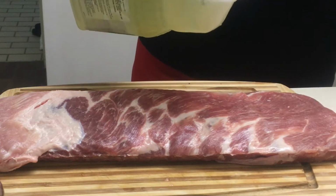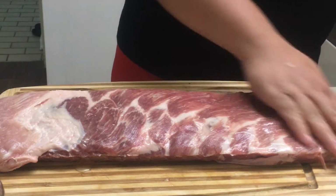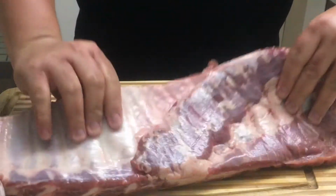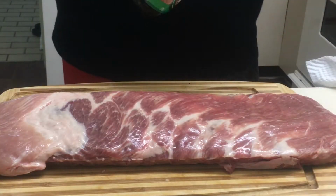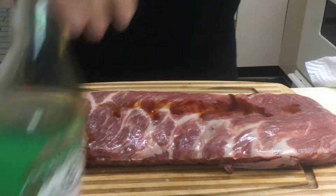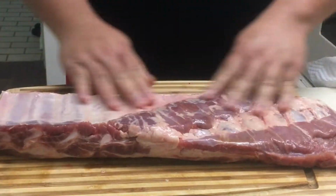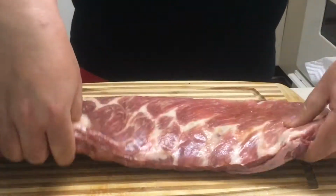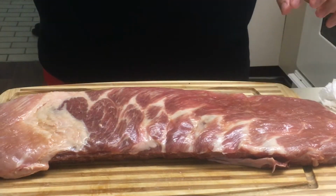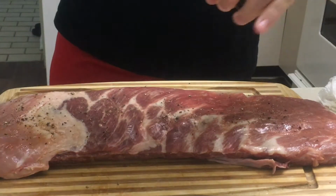Add tablespoon of oil and spread evenly into the pork. Next is a tablespoon of light soy sauce and spread also. Then a tablespoon of crushed peppercorn,